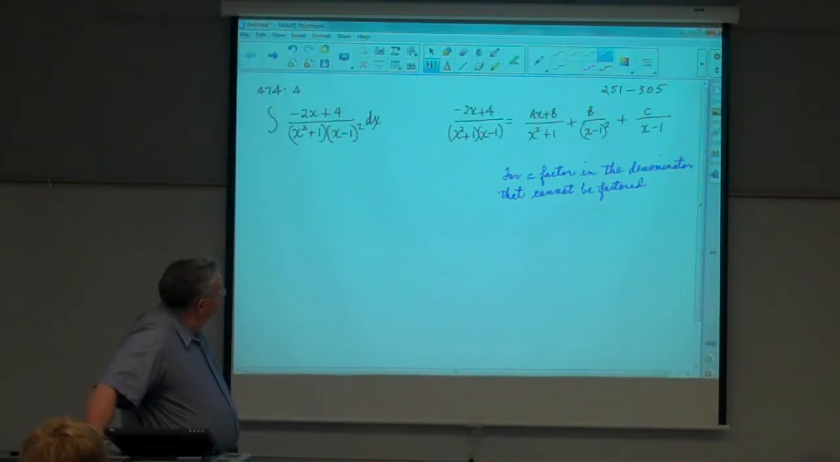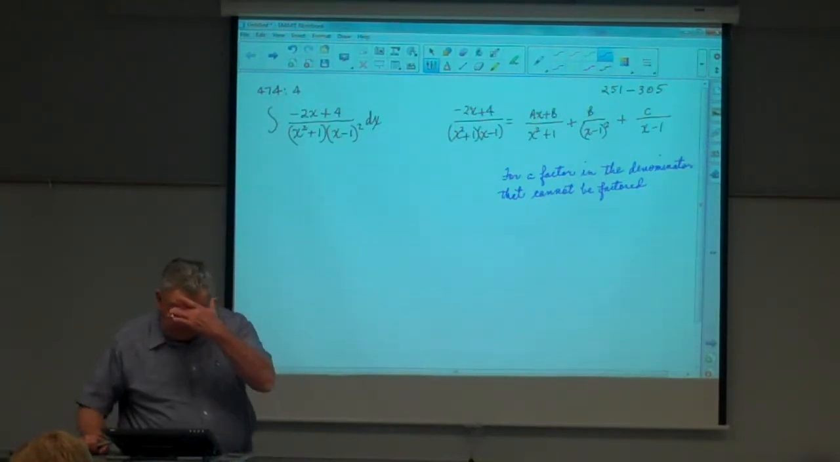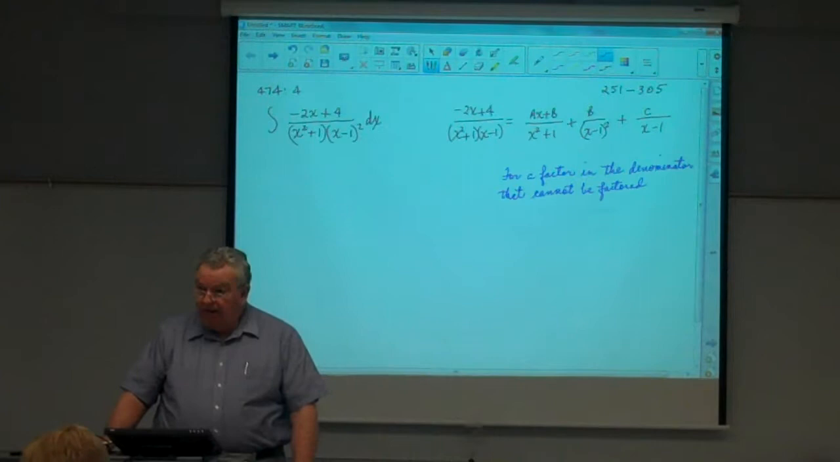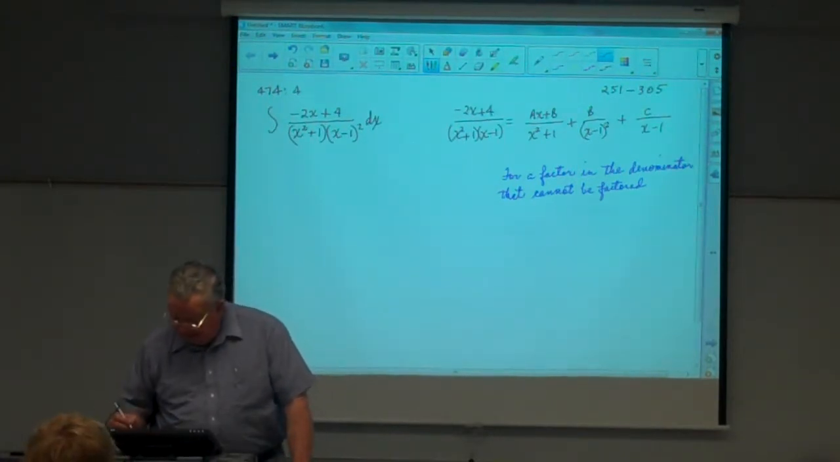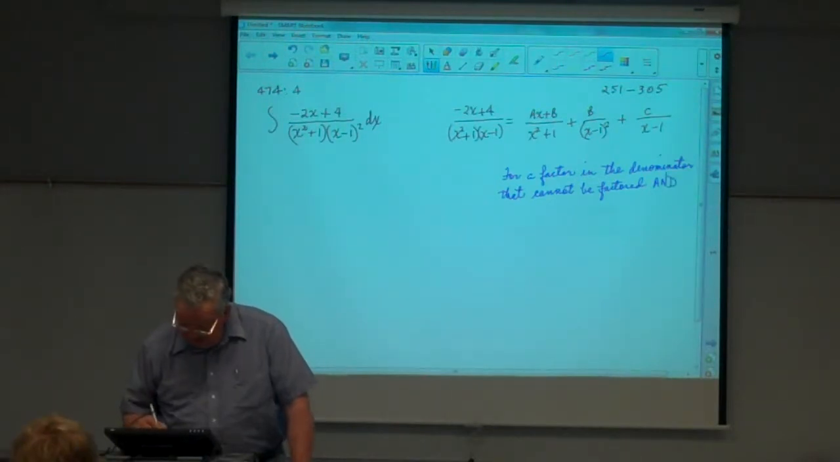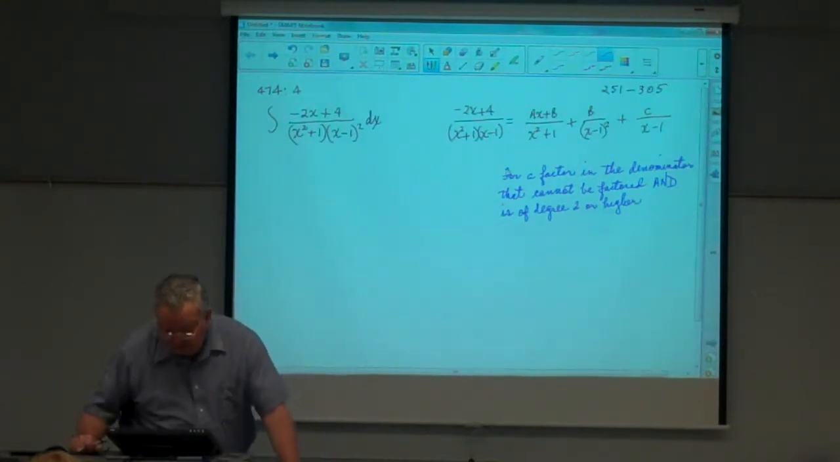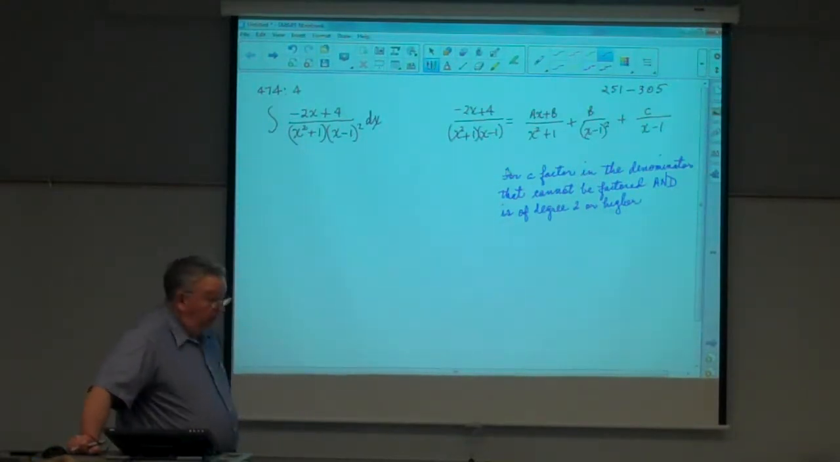Would you say that x squared plus 1 cannot be factored? Yeah, I can. Yes. That cannot be factored and is of degree 2 or higher. Then